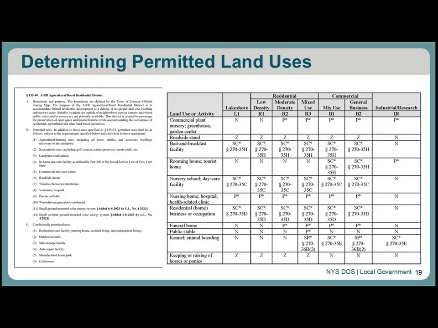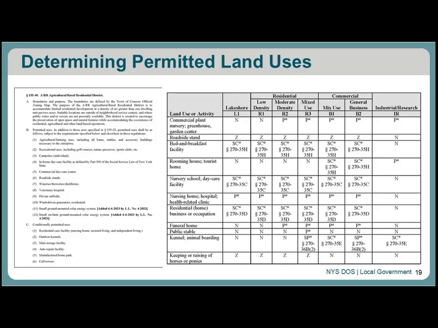This particular case is a table from the town of Lansing, and they've provided a lot of information on this table. The Z's actually refer to when just a zoning permit is required. You can really convey a lot of information on one table. Some of these things are not always incorporated, but these are two examples of what you would typically see.